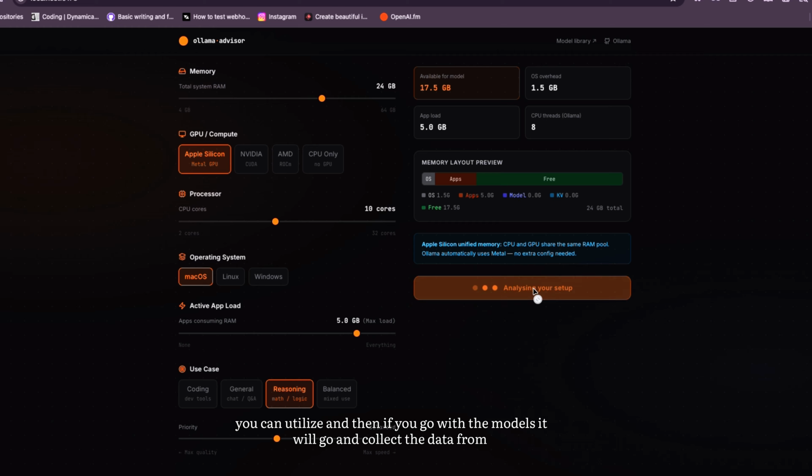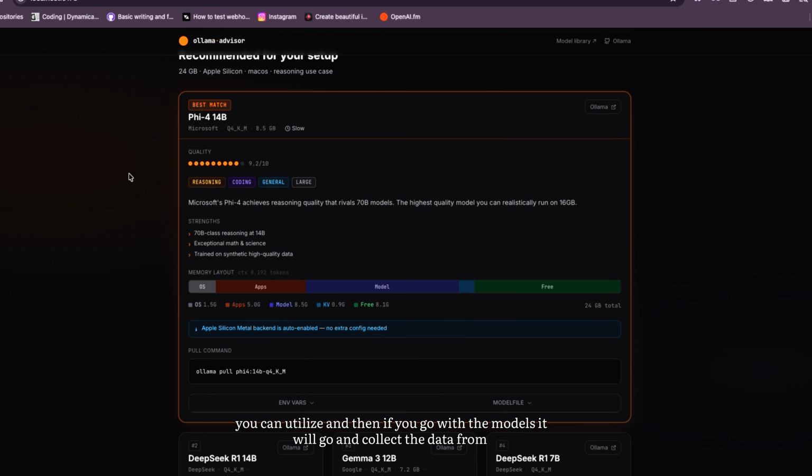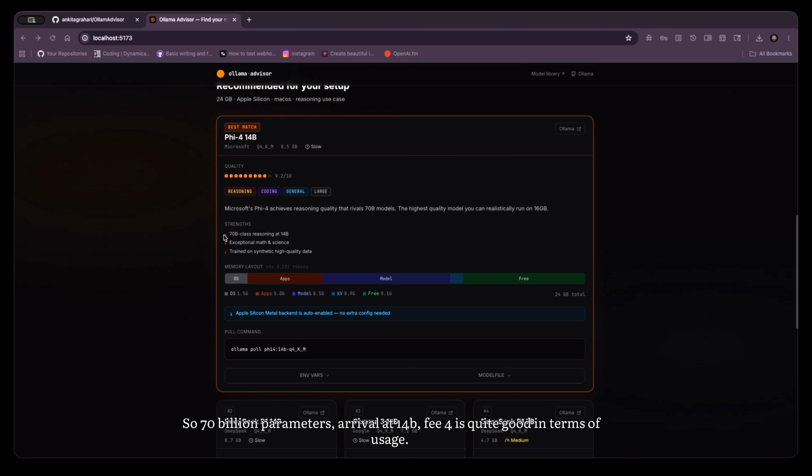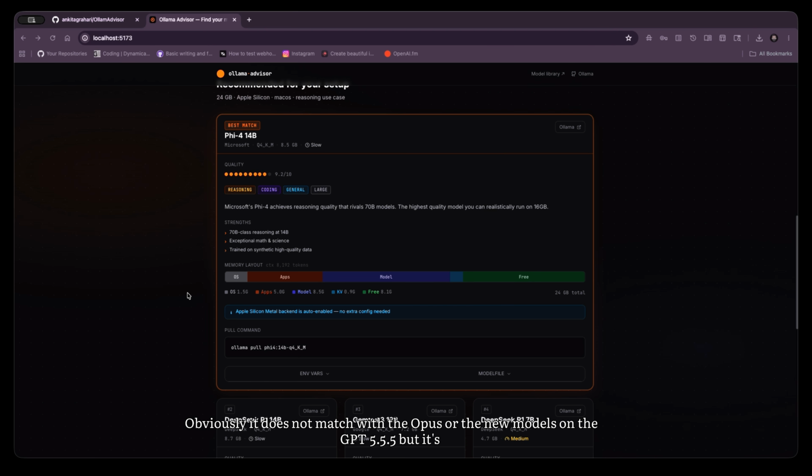And then if you go with the models, it will collect the data from Ollama, and this is the best match for this configuration, where it mentions that it is reasoning, coding, general, and large models. So 70 billion parameters is quite good in terms of usage. Obviously it does not match with Opus or the new models like GPT 5.5, but